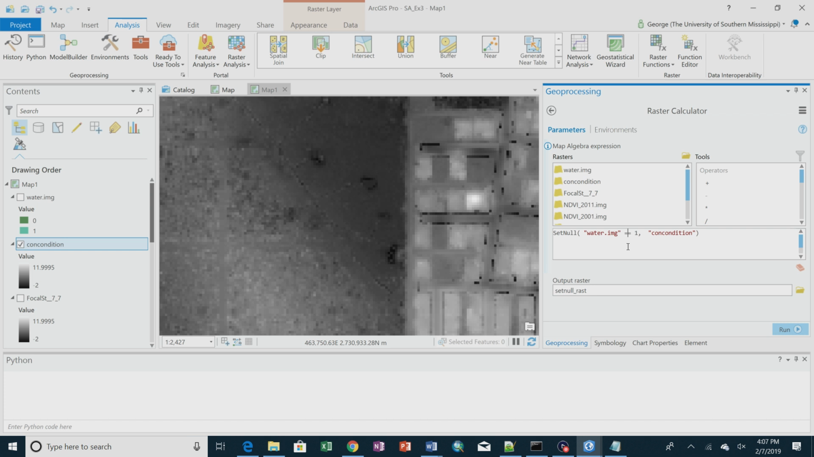This is a local operation. So for every cell, it's going to evaluate this statement. Is this statement true in this cell? If it is, it's going to set it to null. If it's not true, it's going to pull the value out of the condition raster. So none of the water is one and the same. Right. It's going to basically, the end result of this process is anything that's null in the water.img will become